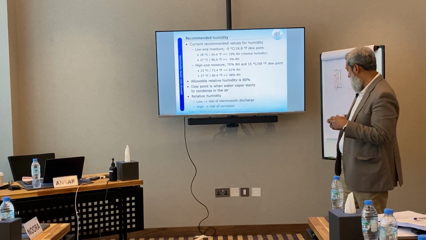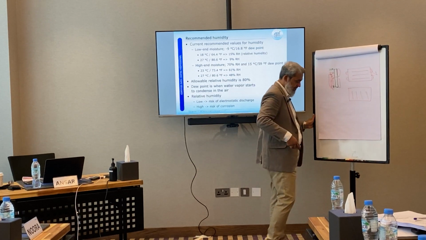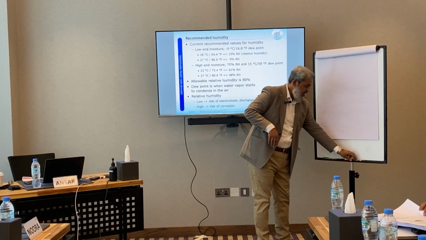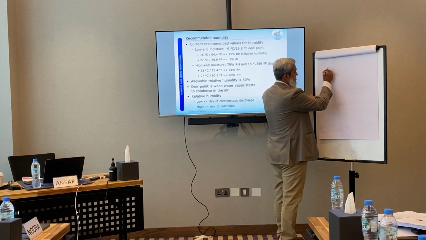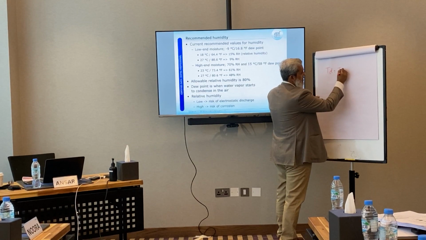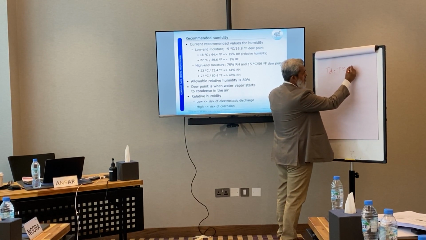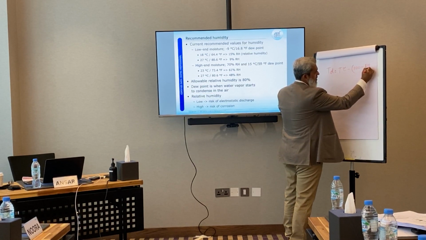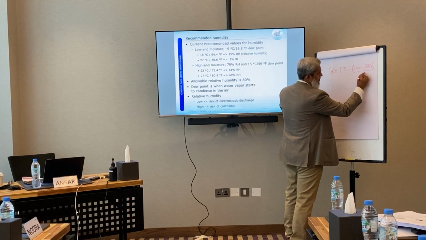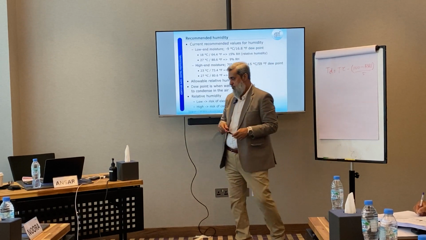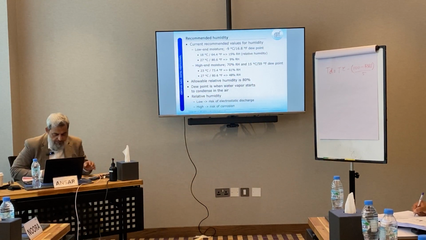Okay. So there is a typical formula for the dew point, if you people know. The formula is: dew point is equal to temperature in centigrade minus (100 minus relative humidity percentage) divided by 5. This is the formula for dew point. Okay, and to make things easy for you,